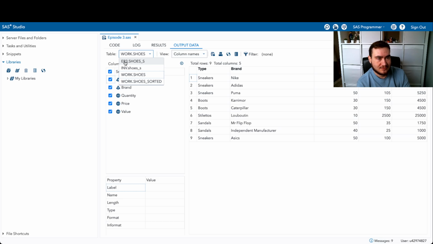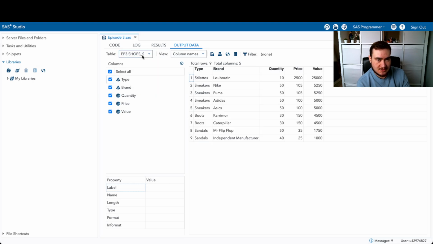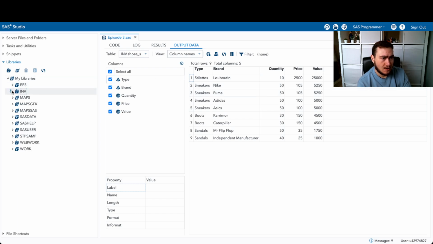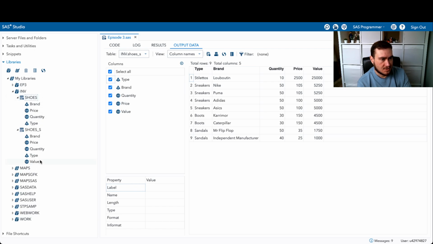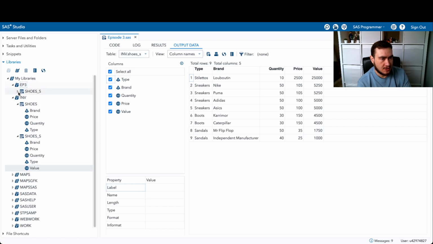And so if I run this, and I hope this works, we can see we've got ep3.shoes_s, that's now on the disk, and we've got inv.shoes_s. That's now an extra sheet that's sitting in that Excel file. And if we look at INV, we can see there's 2 here. We can see that this extra value column has been added. And if we look at EP3, we can see that shoes_s, the sorted one, is there with the